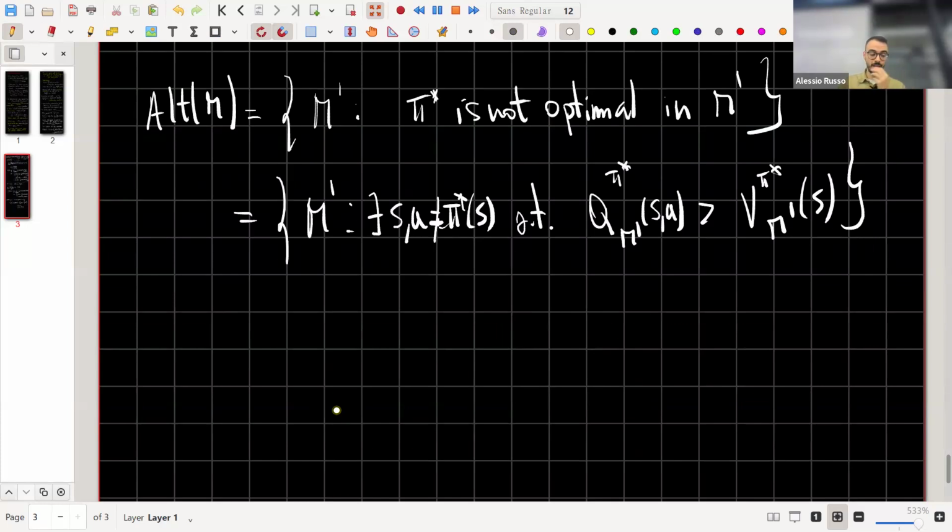And now the issue is that, yes, we can rewrite it in this way, but the problem is this is a non-convex set. And the reason why it's a non-convex set is because of the value. I will not do the proof, this will take too much time, but in general, the value function of a policy can be written in matrix form in this way,